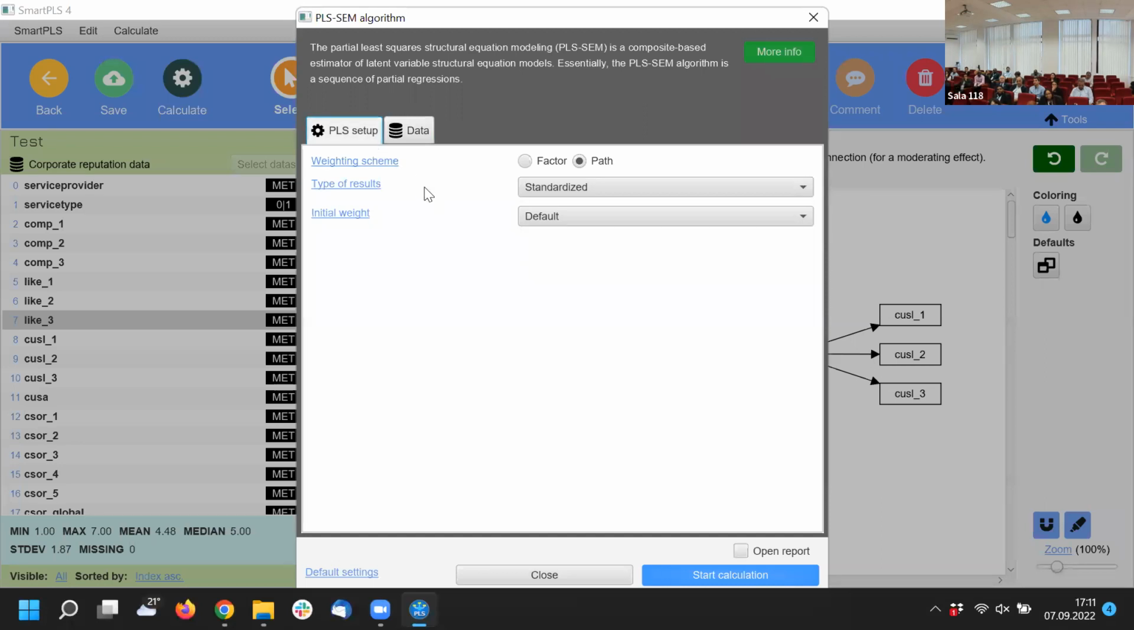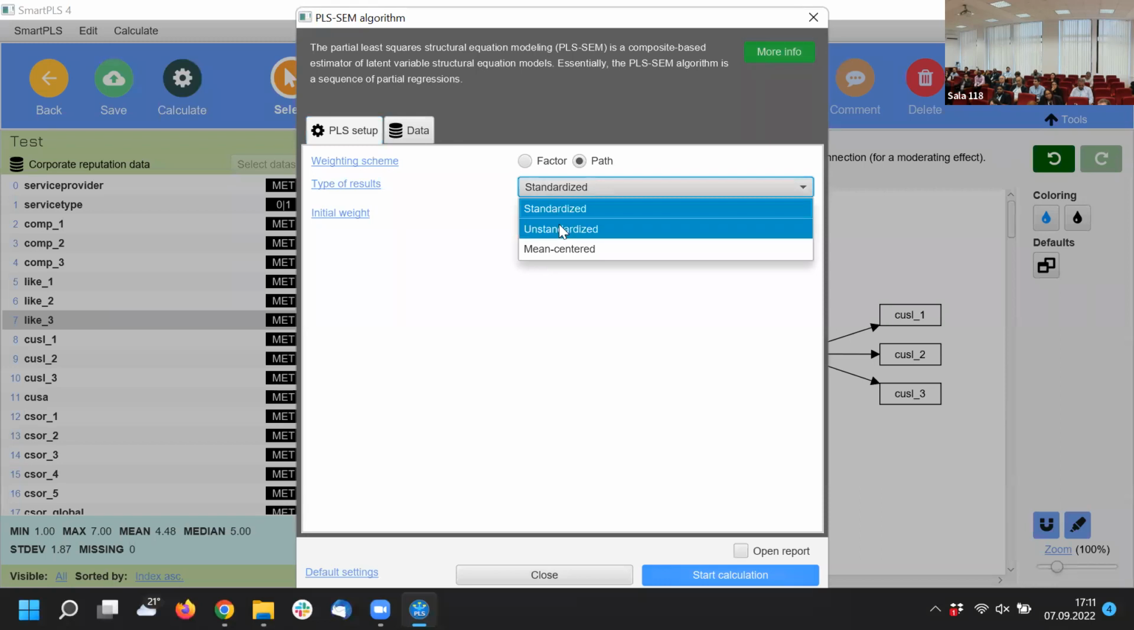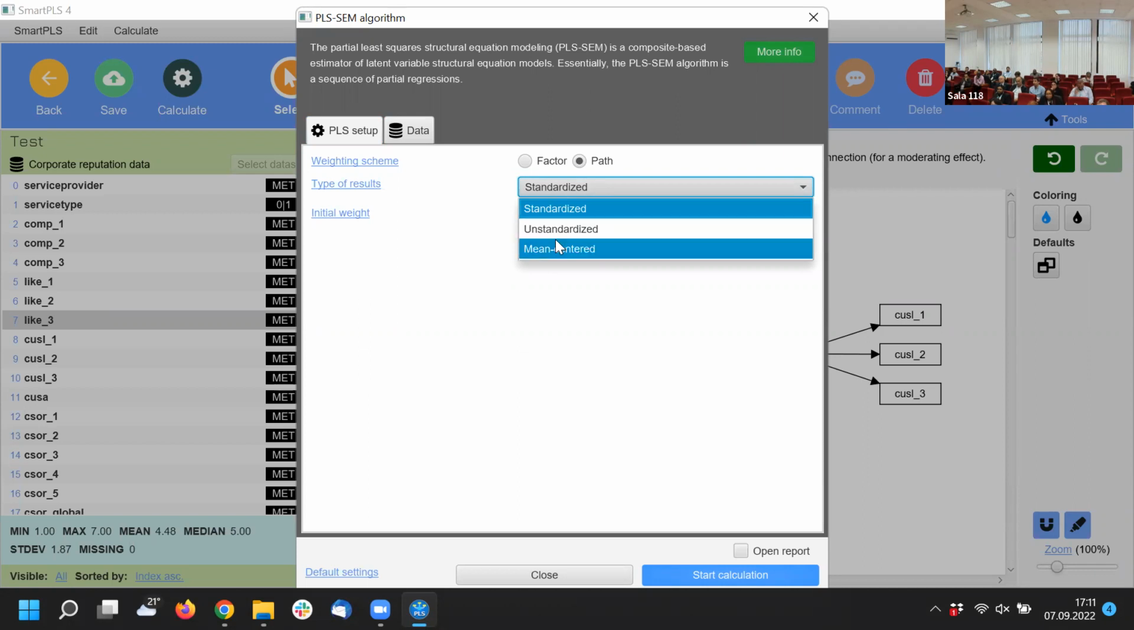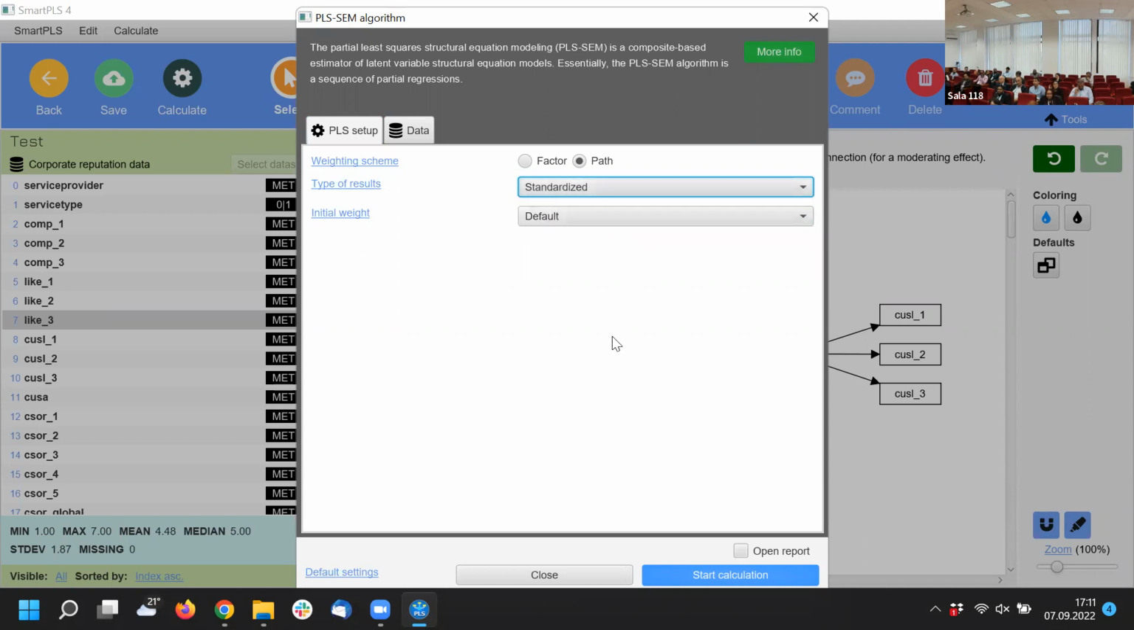The thing that is new in this selection is the type of results. So standardized means that you get the normal standardized PLS, but you can also choose unstandardized or mean-centered. In this way, the construct scores will be unstandardized based on the Gruenholz scheme, so that you get unstandardized latent variable scores and unstandardized effects. And you can also mean center those unstandardized effects, which is useful for moderation analysis sometimes. So that's also possible now. But let's keep it with standardized, so the normal PLS that we're used to,